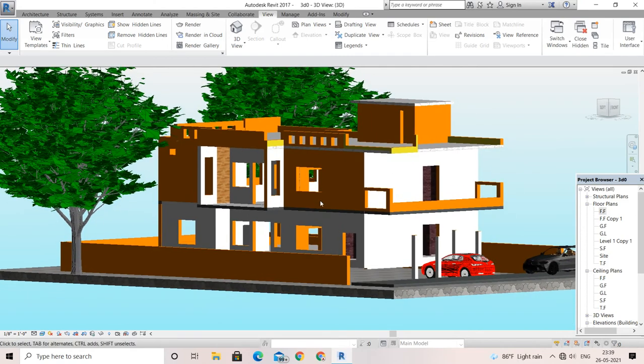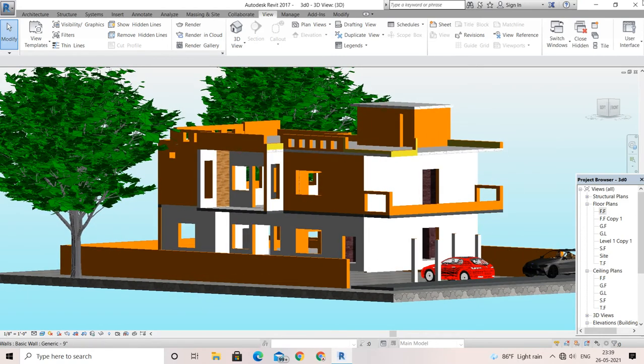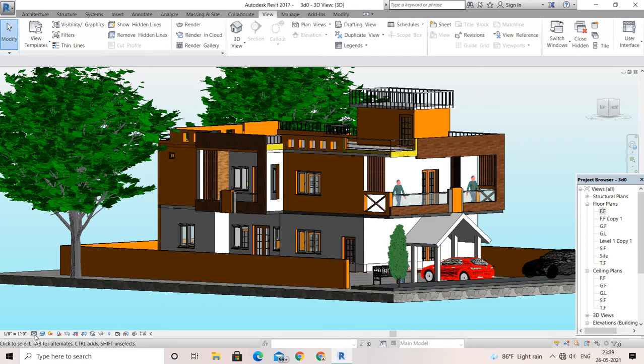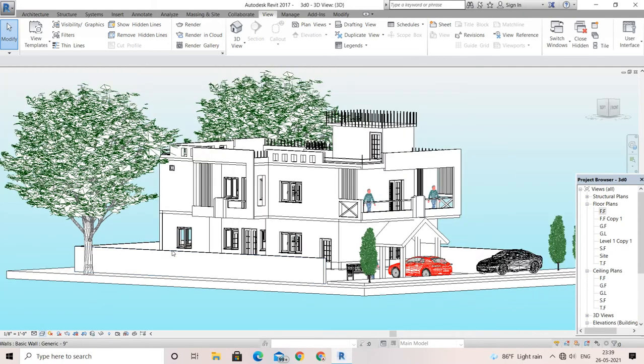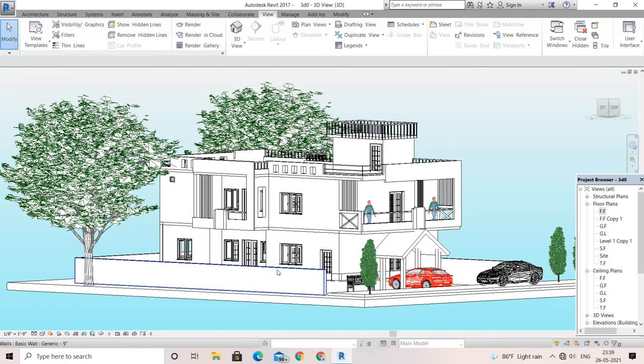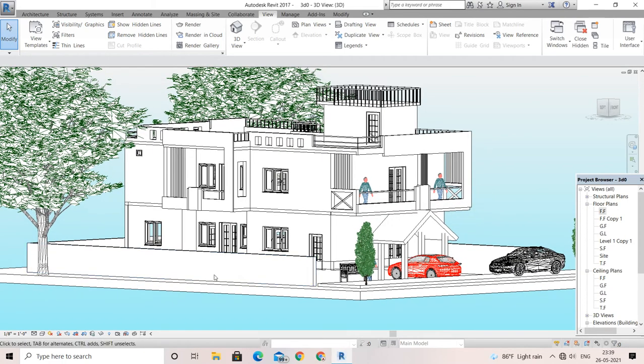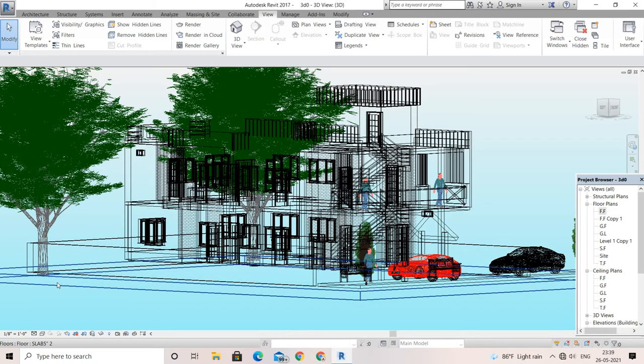In this tutorial I'm going to show some of the rendering keywords. You can see below these, I hope you can see my cursor, please have a look over here. Here the second one, visual style realistic with edge. If you go with the hidden lines, you can see how it looks. Let it finish. Have patience, see, if you see like this it will appear. So this is all of the architectural plans, right? If you go with the wireframe, see how it looks in a wireframe.